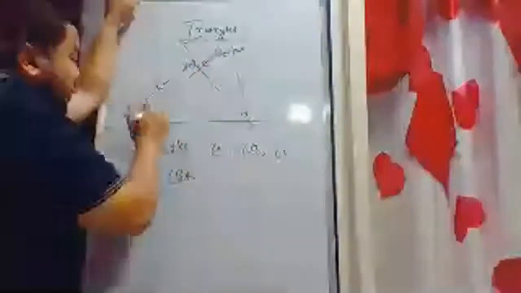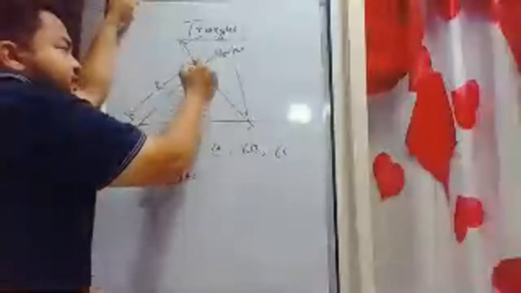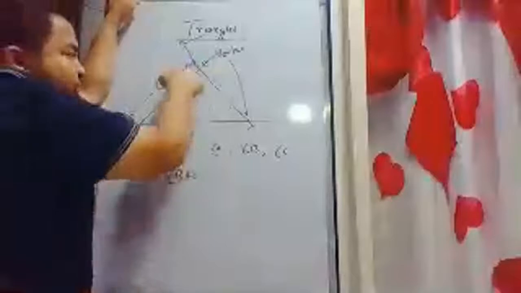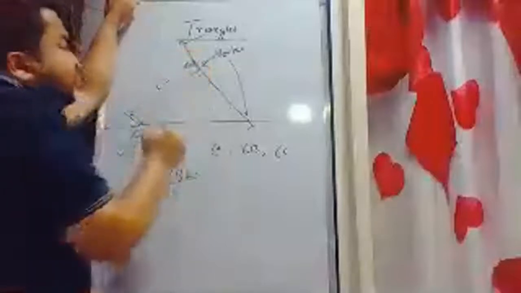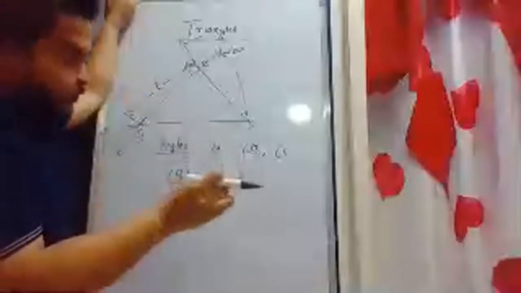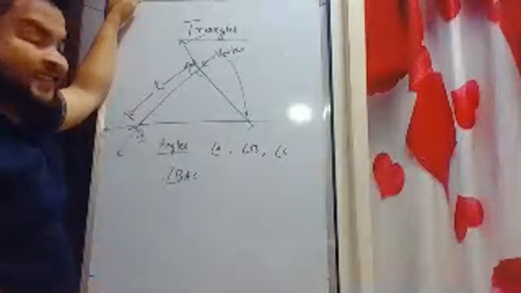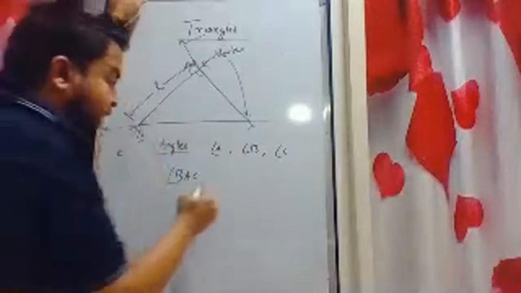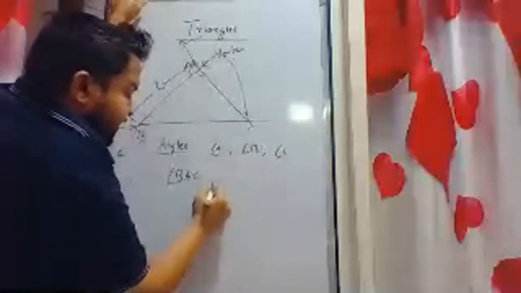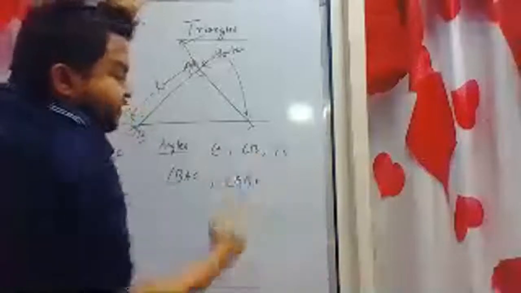Okay, so angle BAC, and the benefit is when we say angle A, it could be this interior angle, it could be the exterior angle. So that is why, to remove that confusion, I always prefer writing this bigger one, angle BAC. Okay, and similarly angle B could be written as ABC, and angle C could be written as